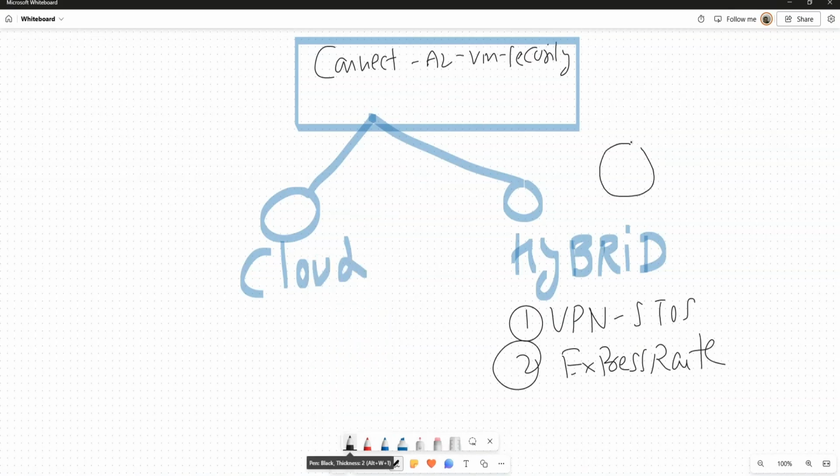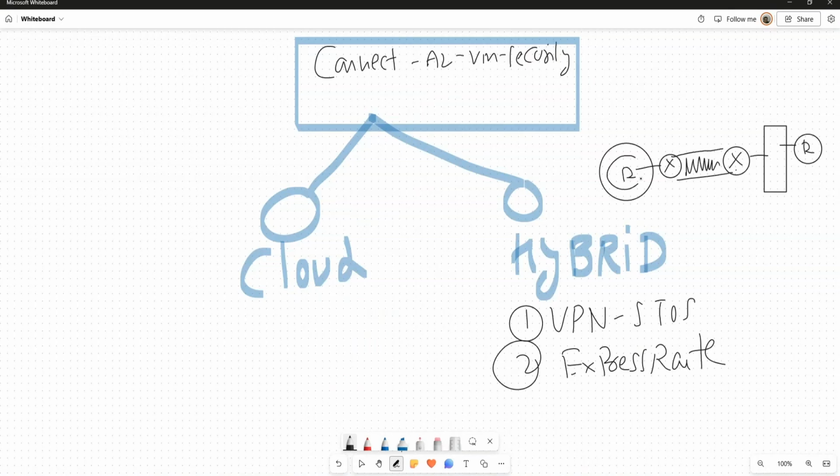This is my company Cisco router. This is my VNet. I deploy my router in Azure. This is my Azure VM. And I do VPN services between the Cisco router and the Azure router, site to site. I'm sitting in my office, I can do the RDP through a private IP, VPN services or ExpressRoute. That we'll see later on.